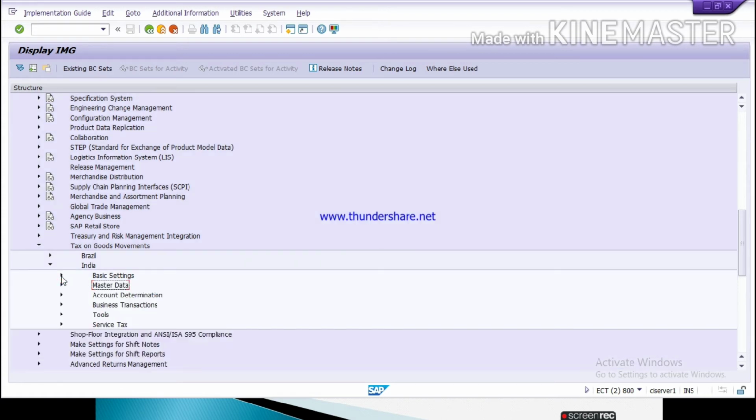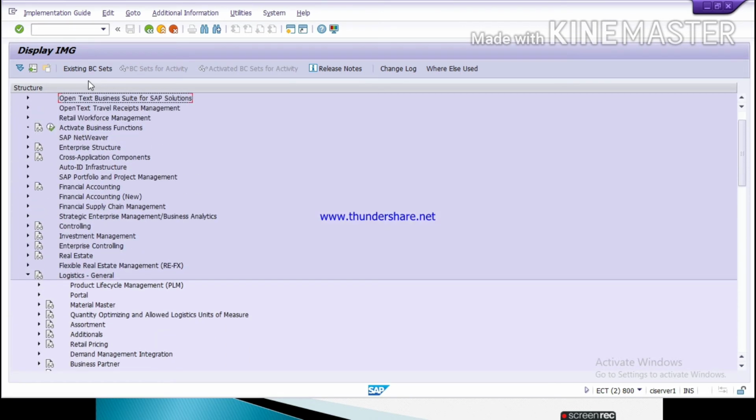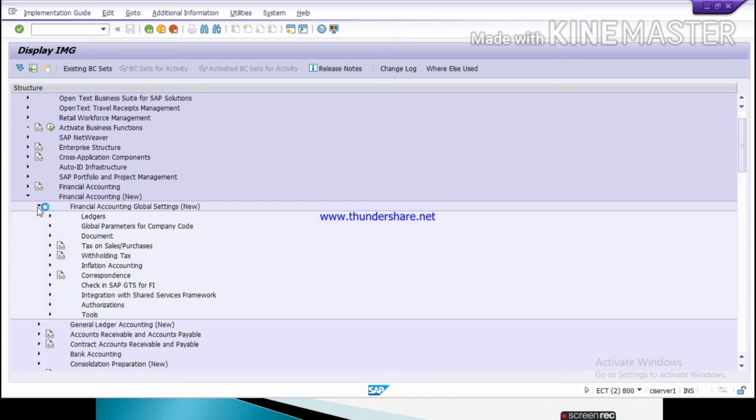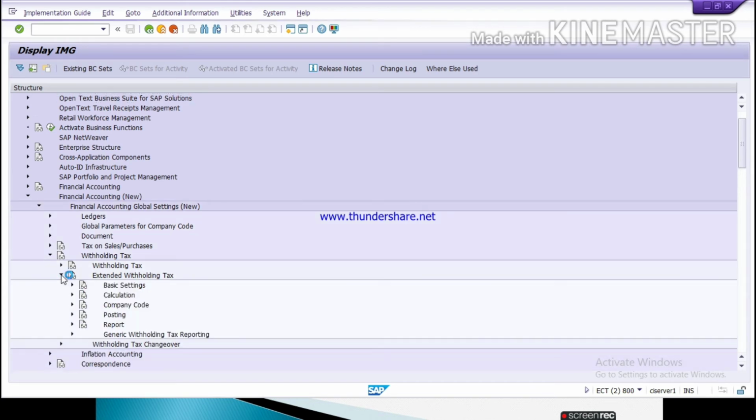In basic settings, financial accounting new. Firstly, run the T code SPRO, then SAP reference IMG, then financial accounting new, then financial accounting global settings, then withholding tax, extended withholding tax.